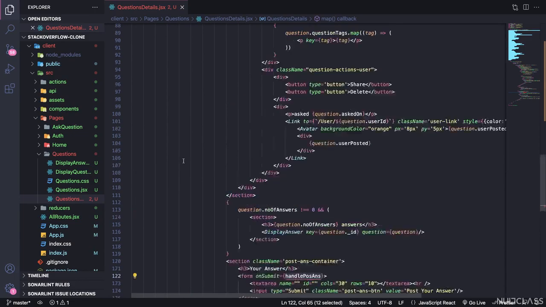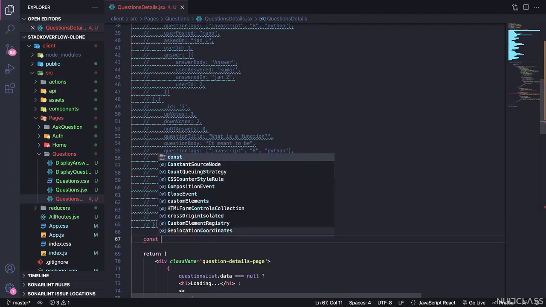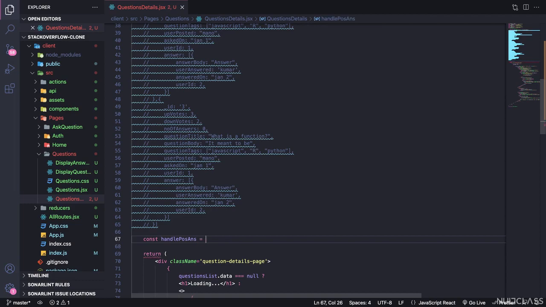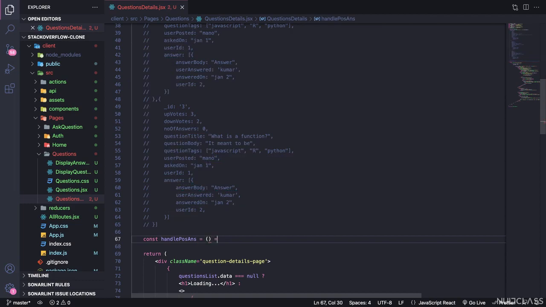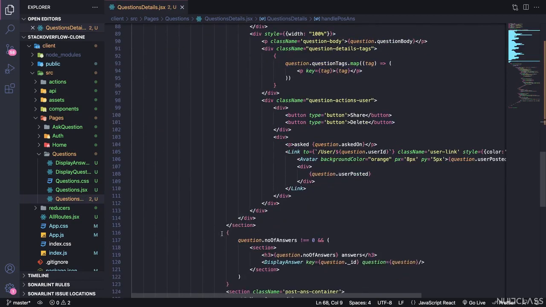Let me copy this and paste it down here. Const, equals to an arrow function. First we need to write